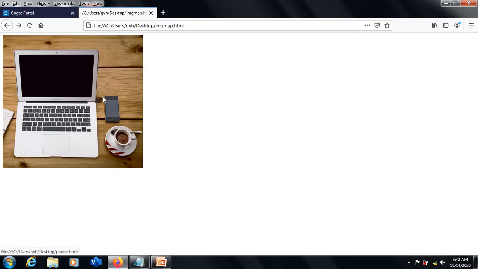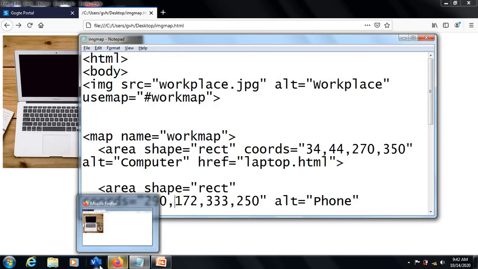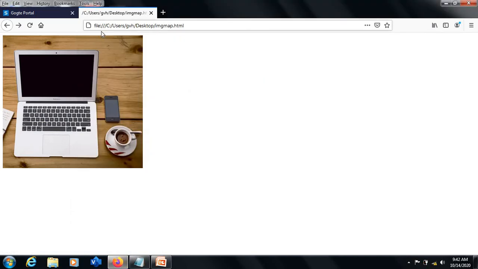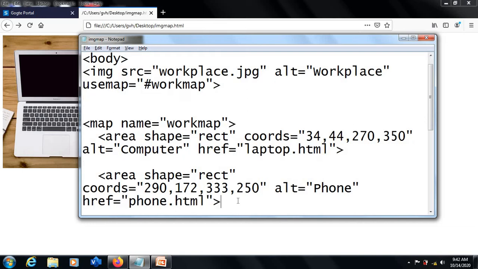After 270 pixels, the pointer will reach here, and from top, after 172 pixels, the pointer will reach here. And to end this phone image, consider the 333rd pixel from left and the 250th pixel from top. That is where the phone image will end. This again is a rectangular image, so the coordinates will remain the same.